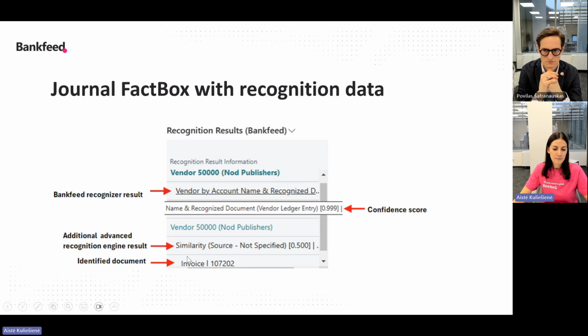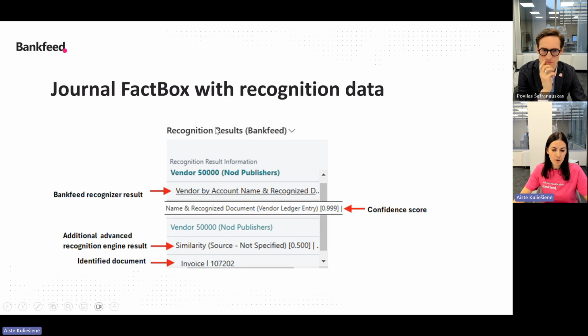And the result of our new additional advanced recognition engine will always look like this. You will find text similarity source not specified. Also, in this new fact box, you will find identified documents below the recognition result. And we added a confidence score.